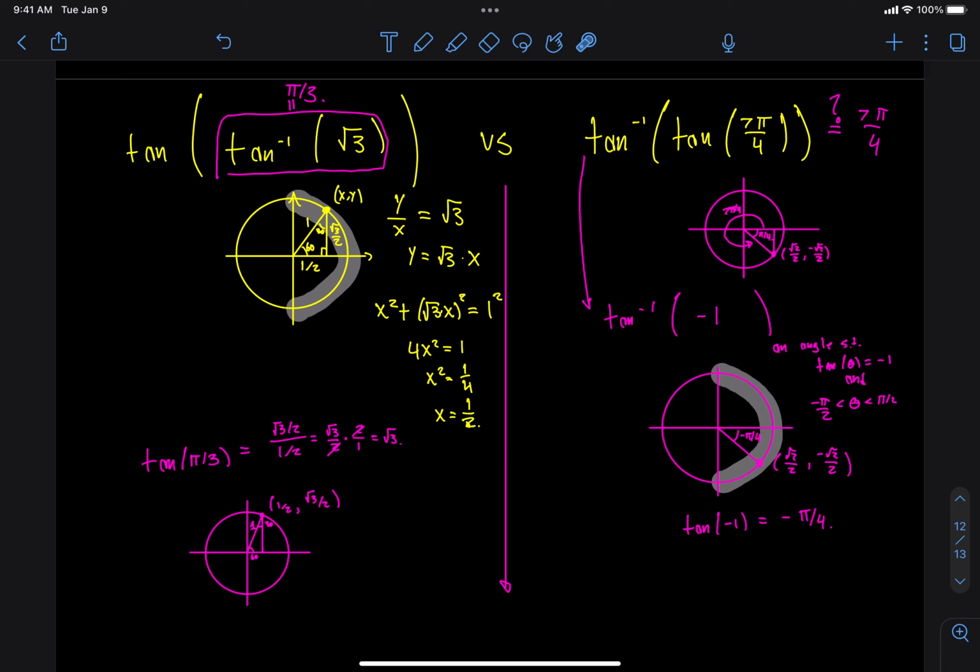One thing I'll say is, look, the only situation where I'm actually going to have this danger is going to be when I'm applying the tangent function first and then the tan inverse. If I do tan inverse first and then the tangent function, you actually will be able to cancel every single time. But